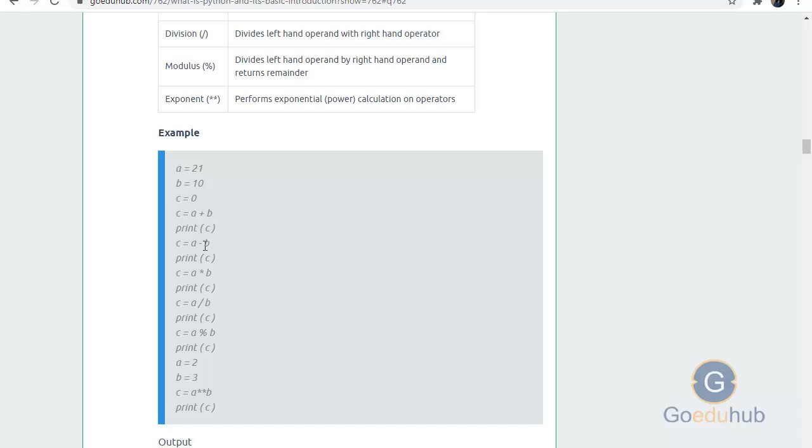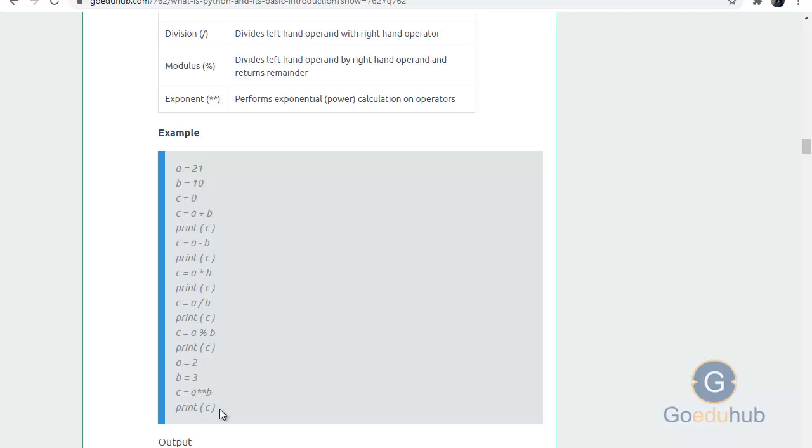Then a minus b gives the subtraction, a into b gives the multiplication, and a divided by b gives you the quotient. If you use the remainder sign, it will provide the remainder of a divided by b. And a double star b means a to the power b, like 2 to the power 3.